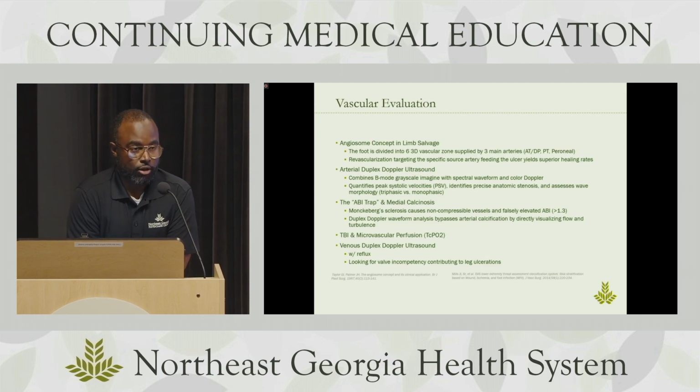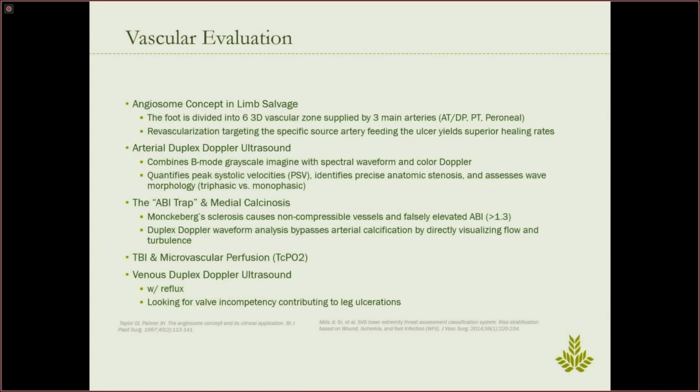So there's three arteries, as you know, that run off to the lower extremity. You have your anterior tibial artery, your dorsalis pedis, your peroneal artery, which is on the outside part of the foot and ankle, and then your posterior tibial, which is inside. So if a patient has a lateral malleolus wound, but we get a lesion, or we have an angiogram that restores flow to the posterior tibial artery, that may not be that useful for us. So that's why this arterial Doppler is super important, because it allows us to use the angiosome concept to provide direct blood flow to the wound that we are having trouble healing at that time.